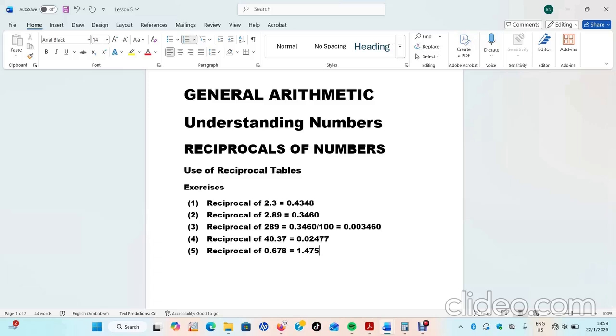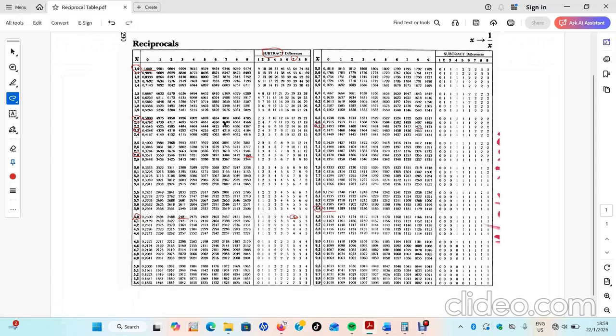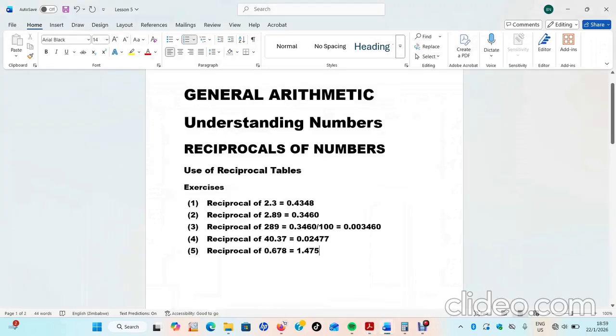Some of these things you just need to use your reasoning, your general knowledge. We know that the reciprocal of 0,5 is 2. So the one for 0,6 is 1, something. So otherwise